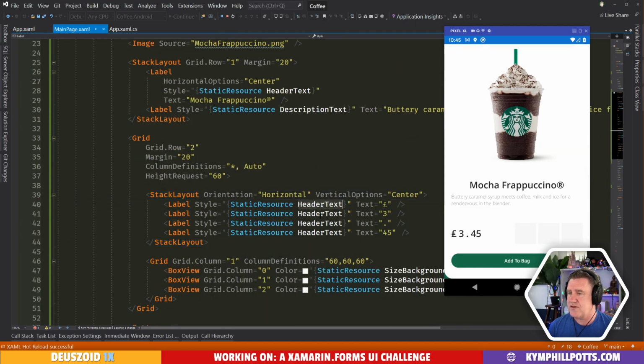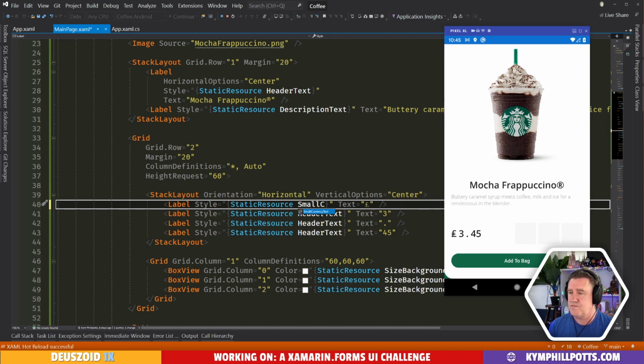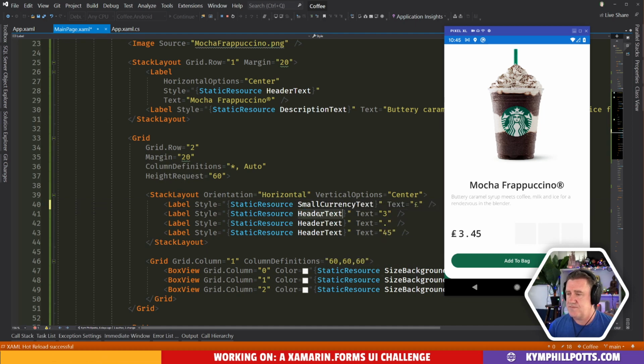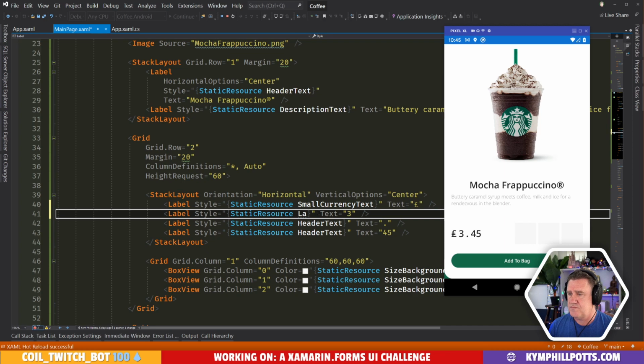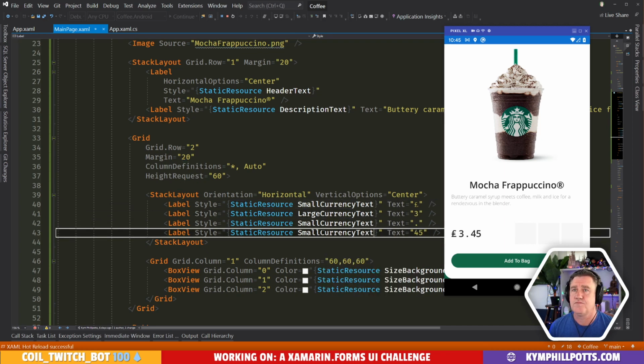All right, and so we'll make this one small currency text, large currency text, and then these others small. Well, that's ugly.